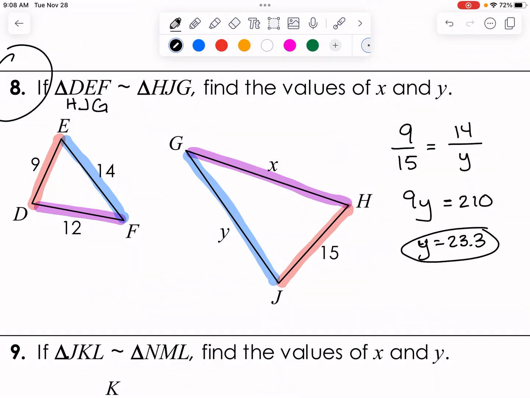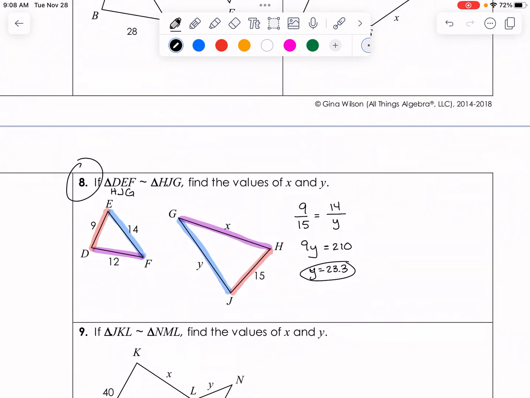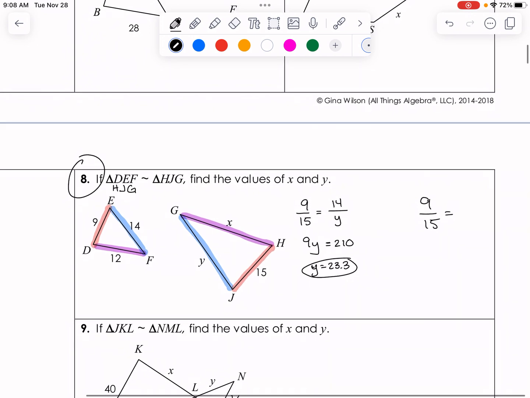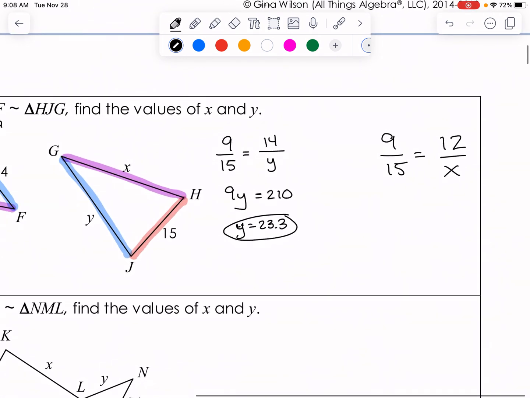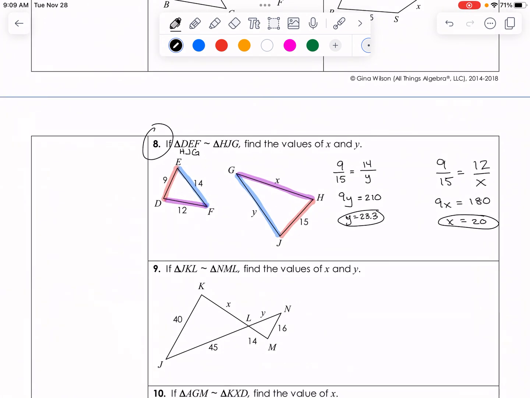All right, this is one of our answers, and we need to figure out what is x, and as you can see there, it's one of the purple ones. I'm going to keep that same ratio. Let's do 9 over 15 equal to, in order to find y it's in blue, x, which is in purple, so let's use the purple one, so 12 over x. Okay. So in this case, 9 times x will be 9x, and 15 times 12 will be 180, and 9 can go into that evenly 20 times. All right, we found what x is, we found what y is,